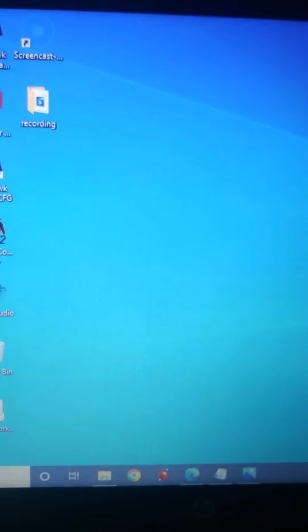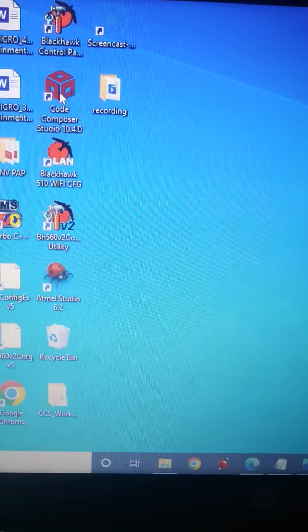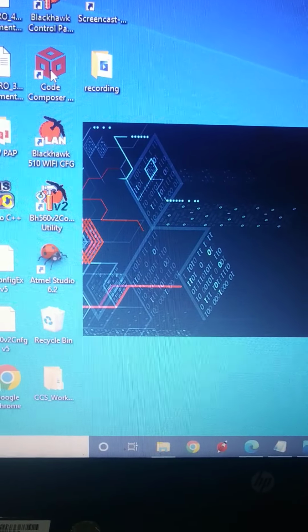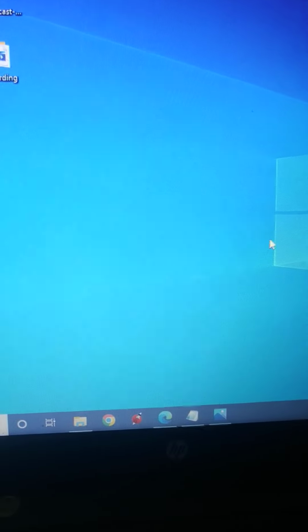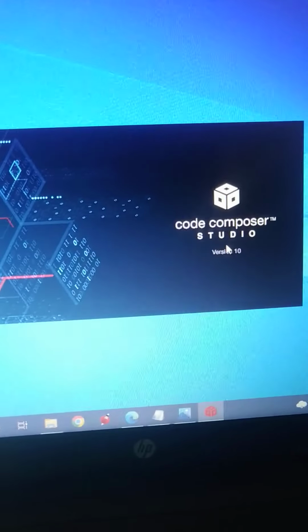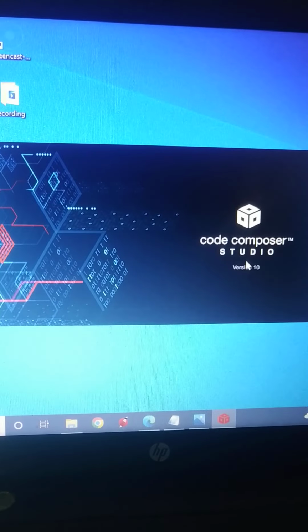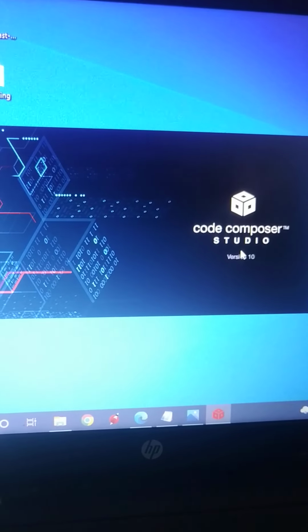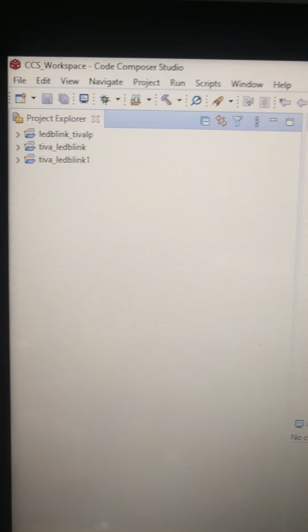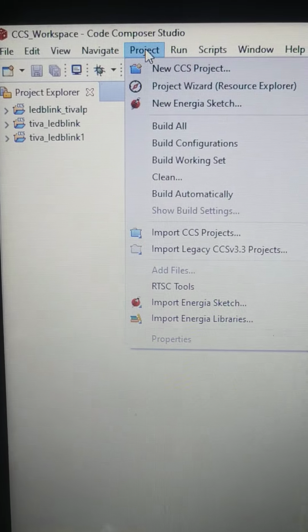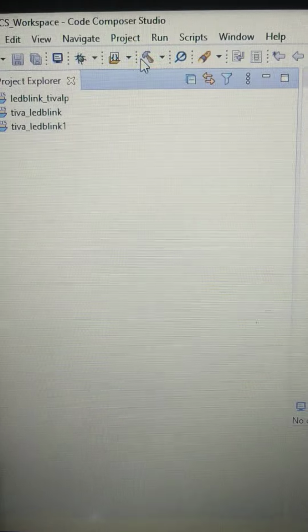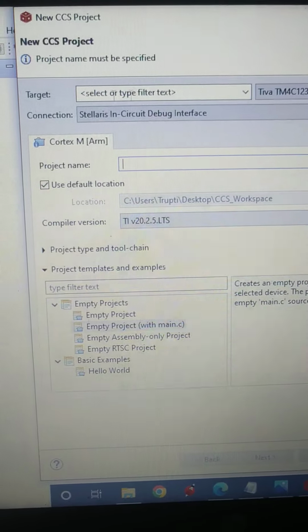For that you have to open Code Composer. Once Code Composer has opened, go to Project, New CCS Project, then select a target.